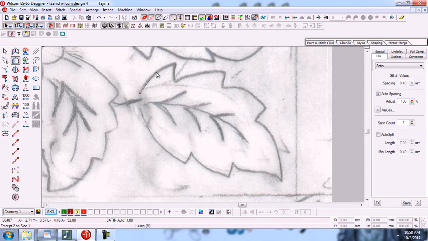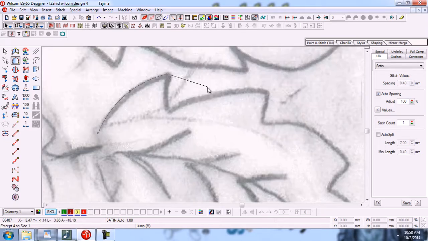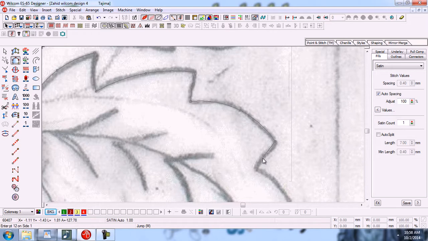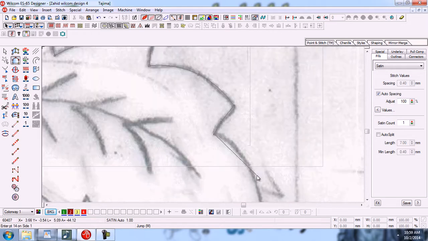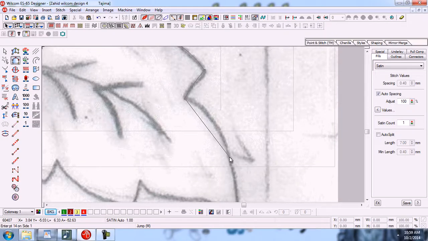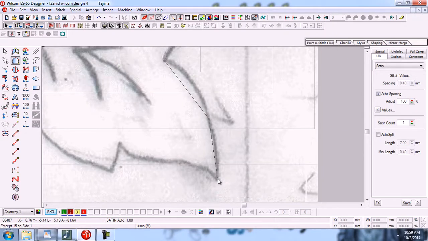Now for rounded selection press right. Here is the corner, so we will press left key. For making it beautiful, we will make some more zoom. So now we have to press right key. Now corner, so left, round selection right, corner left, round selection right, corner left, round selection right, corner left, round selection right, corner left, round selection right, and here is the corner, so we will press left key.